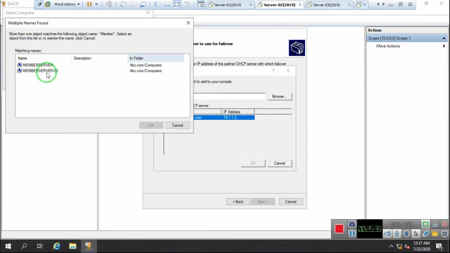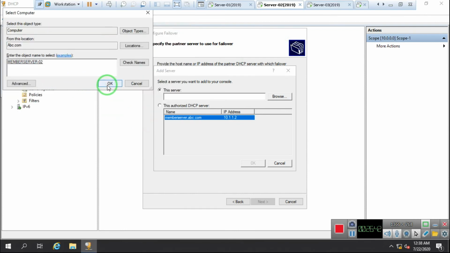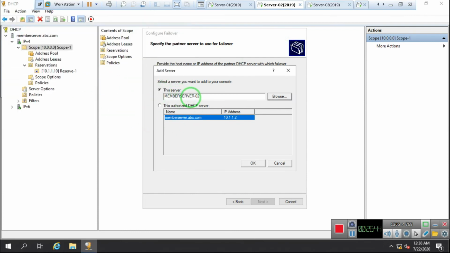My server 3 name is member server 02. I choose it, click on OK. Now it's adding my partner server. If I had not installed DHCP services on server 3, it would not be able to add it. It takes about 1 minute to check.